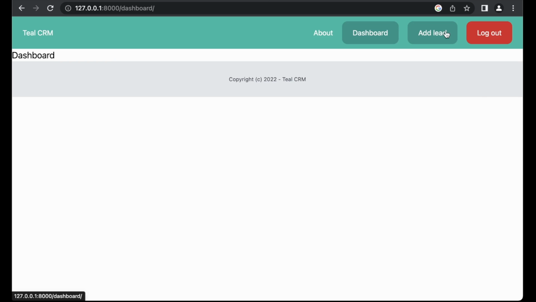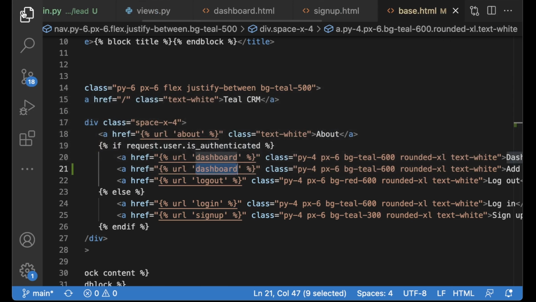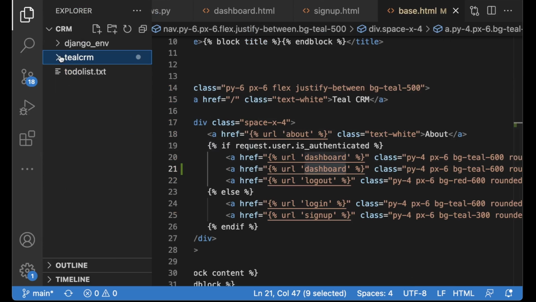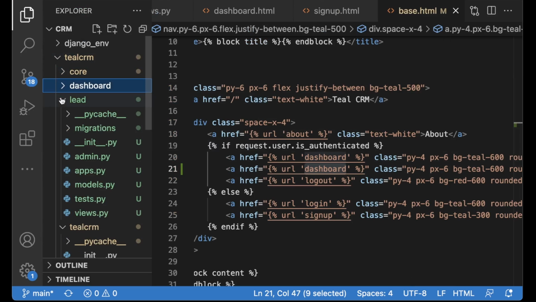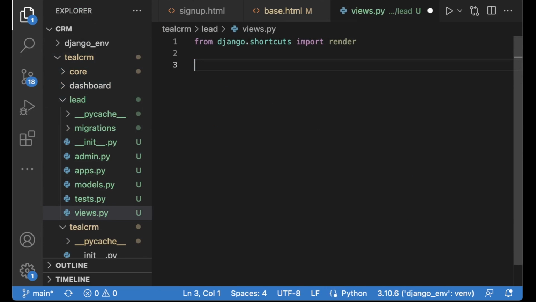So the next step then is to create a view for this. If you open up the lead app's views.py, then we can create a new one here, def add_lead, passing in the request parameter.